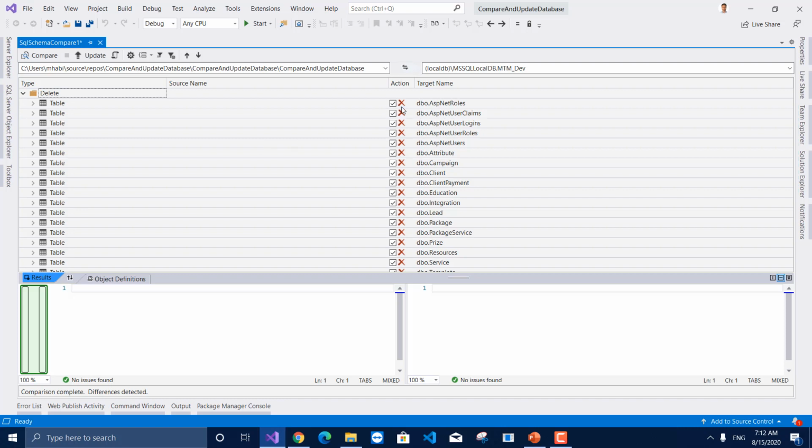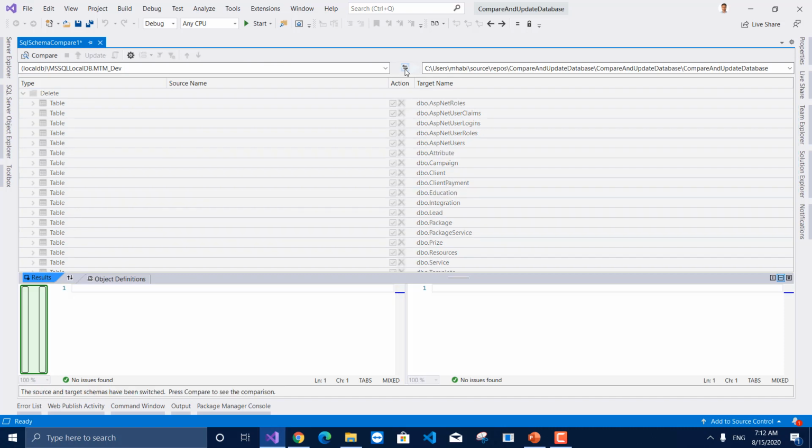Here you can see my database project does not include all these tables because I just created a new database project. So now I am going to switch source and target database so that I can update my SQL Server database project from the SQL Server database.